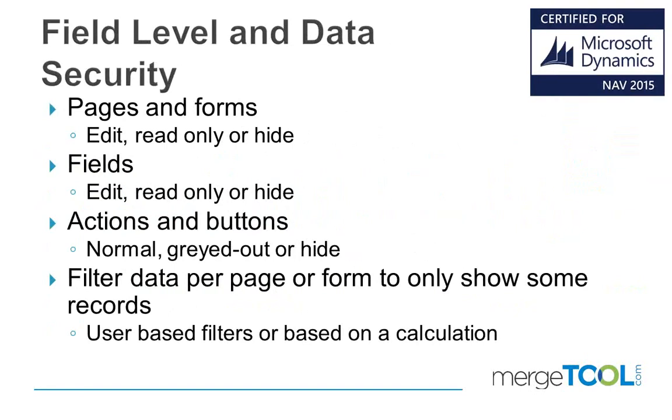The last part of this is the ability to actually filter data. So each page in NAV can show a user-specific filter. It can be that you have salespeople that should only see sales orders for their location, and they should only be able to open sales orders where they are actually the responsible person, or the salesperson, for example. Or you can have finance people that need to see the chart of accounts, of course, but you could filter out the payroll accounts, and you could also filter out all the GL entries related to payroll based on these accounts. All that can be accomplished easily with our data security.